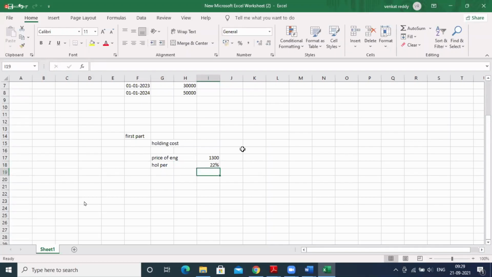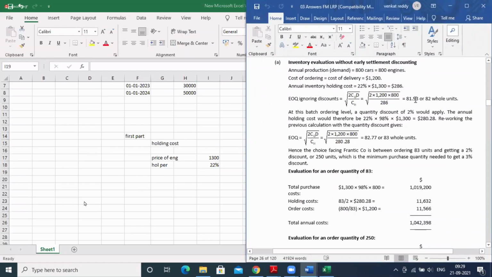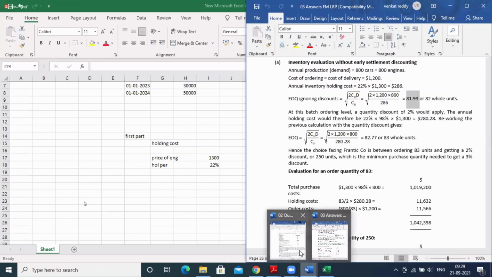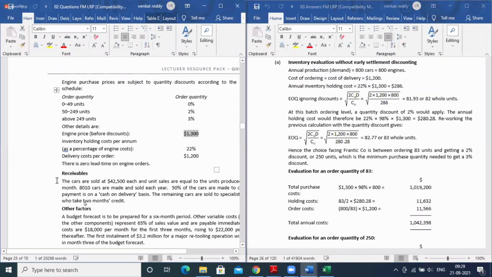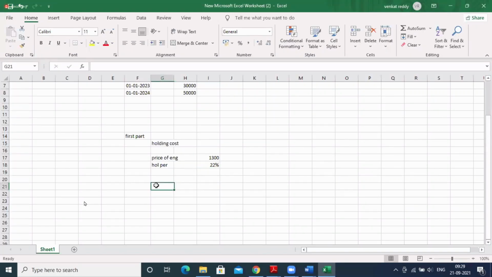So this was the thing. But how much did we get as EOQ? Here we got EOQ as 81.9. So if you are ordering around 82 units whenever you make an order, you qualify for a discount of 2%. Because you qualify for a discount of 2%, instead of 1300 we need to take our price of engine